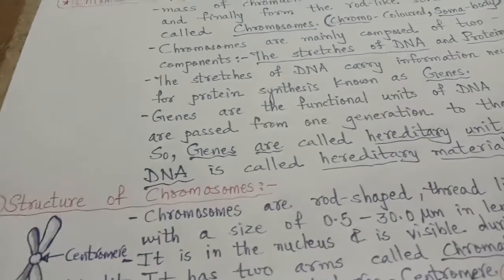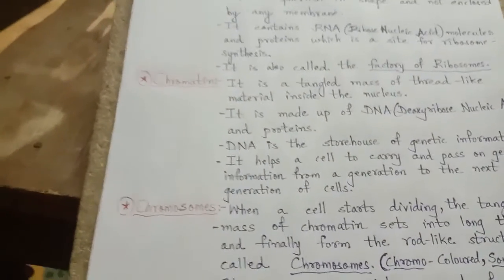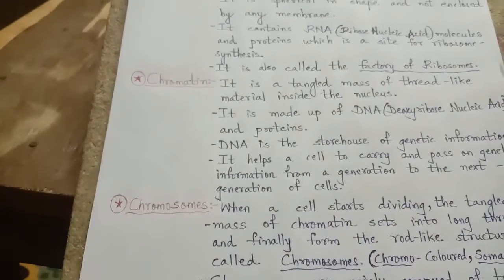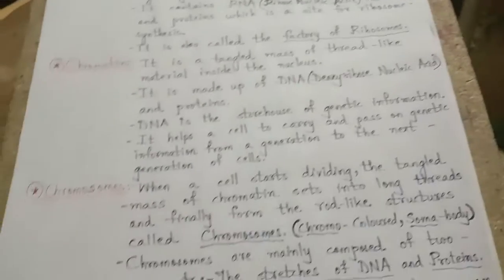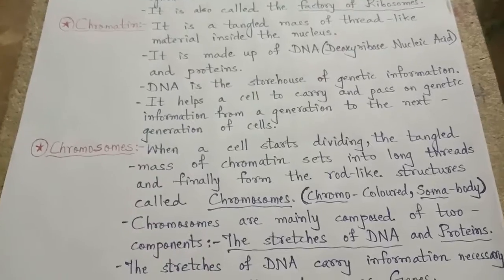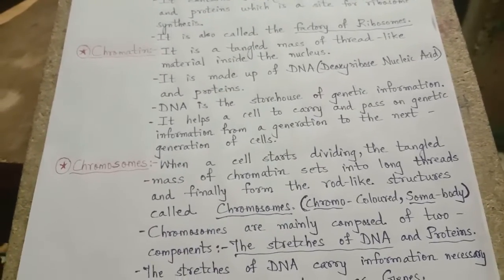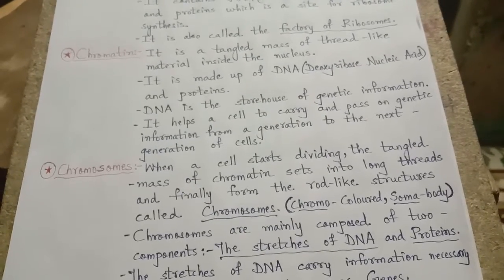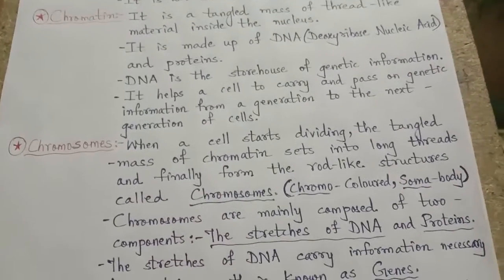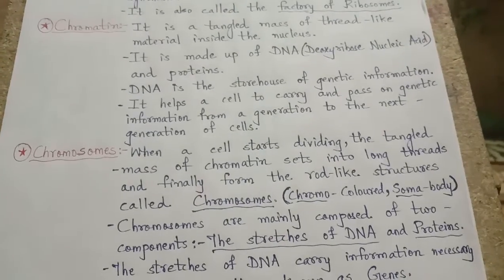Now in the next video we will start with cell organelles like endoplasmic reticulum, mitochondria, ribosomes, lysosomes, Golgi apparatus, vacuoles, plastids, right? And this is how the complete functioning of the body takes place with the help of all these organelles that we will be discussing in the next video.